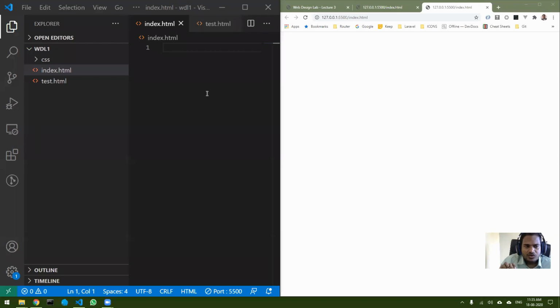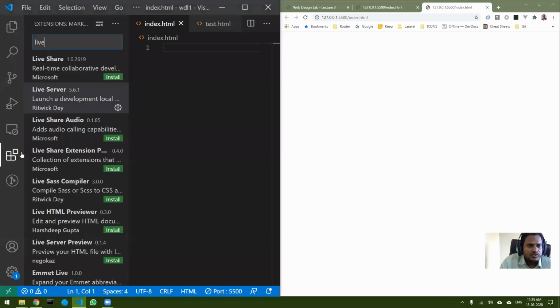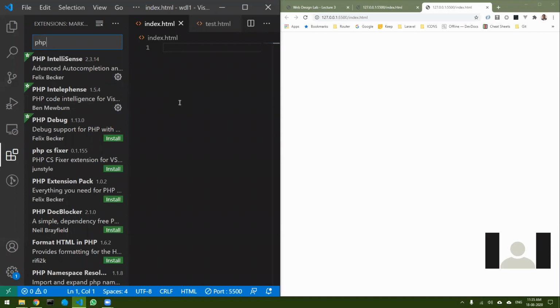When you're developing with other languages, not only PHP but many other languages, Visual Studio Code can adapt to anything. For example, if you just go to your extensions, by default it will not work for PHP or any other language, right? But you can just write PHP over here and